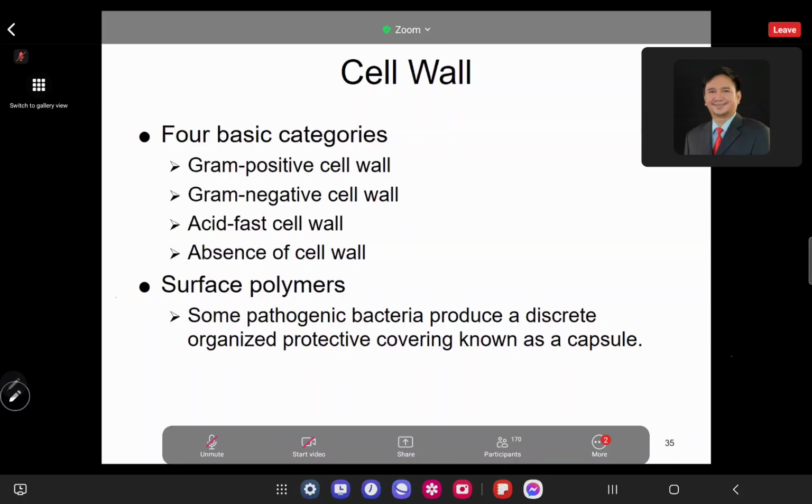They have sterols instead of a peptidoglycan layer. Additionally, some pathogenic bacteria produce a capsule. A capsule is a highly organized protective covering that helps in evading host immune responses and enhancing virulence, as I